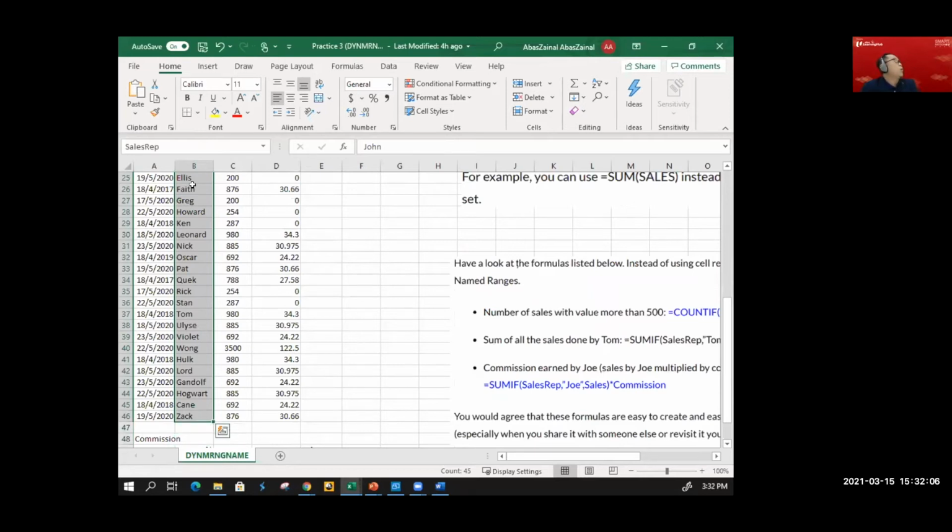Once I've done this, I can name these cells. What do I name this? I click here. Notice it has appeared the word sales rep. So I can name each column by the name that I wish to call it. By doing this, it makes things easier for you.